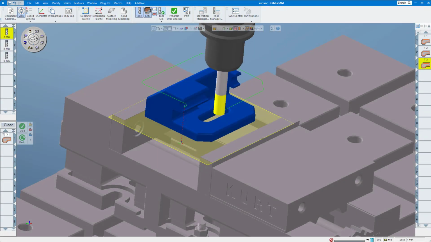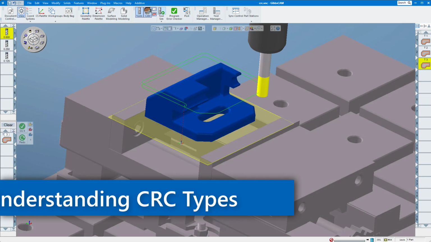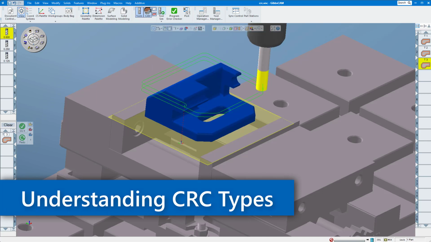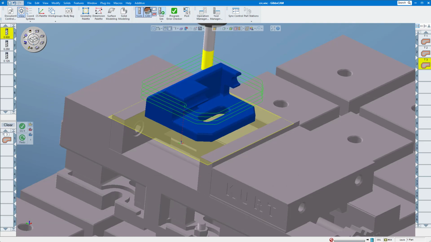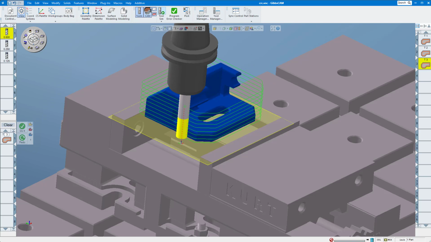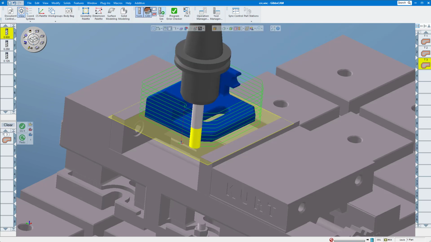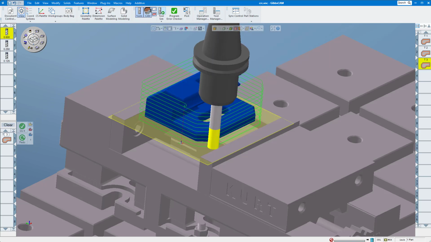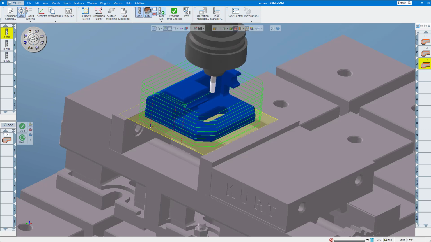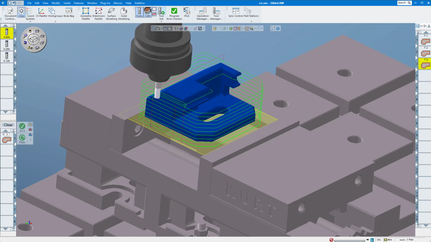In this month's GibbsCAM Tech Tip, you'll gain a complete understanding of how different CRC, or cutter radius compensation, types are set in GibbsCAM and the effects they have on your machine tool while cutting your parts. This will ensure that the part that you cut at the machine tool is what you intended to make, not oversized or undersized by the diameter of the tool due to incorrect setting in GibbsCAM or an incorrect offset value